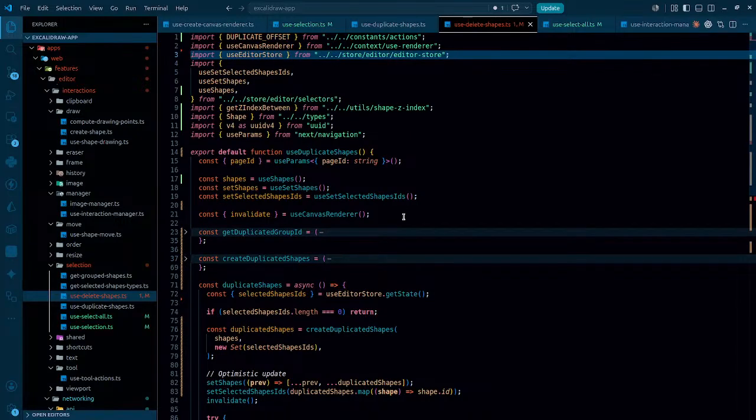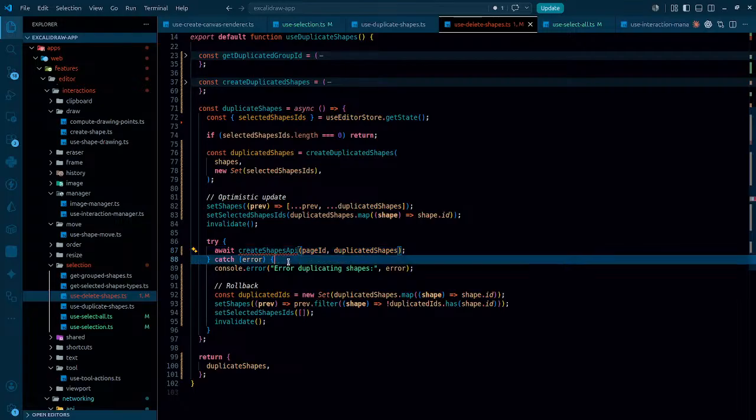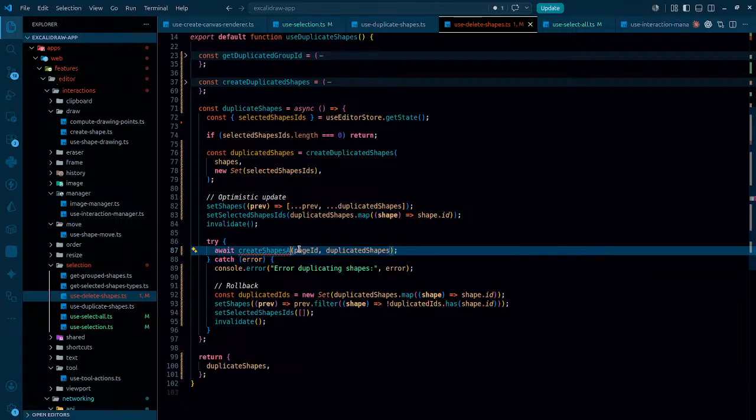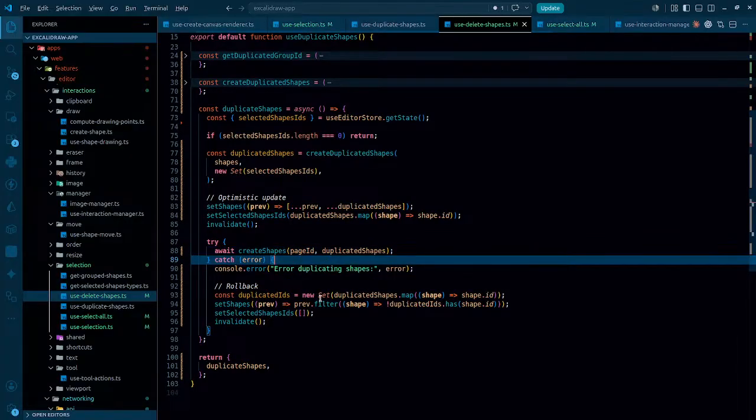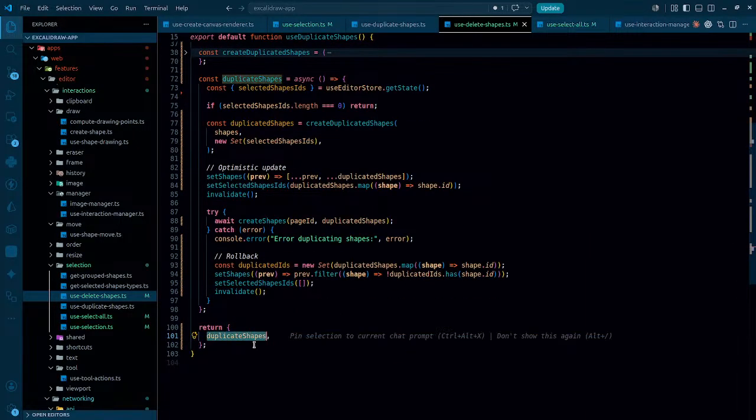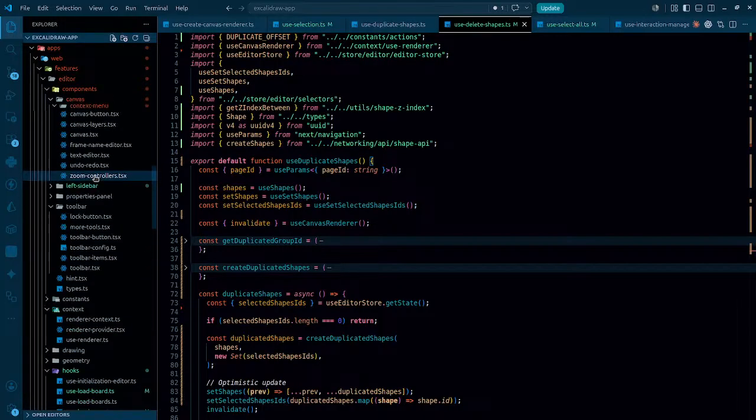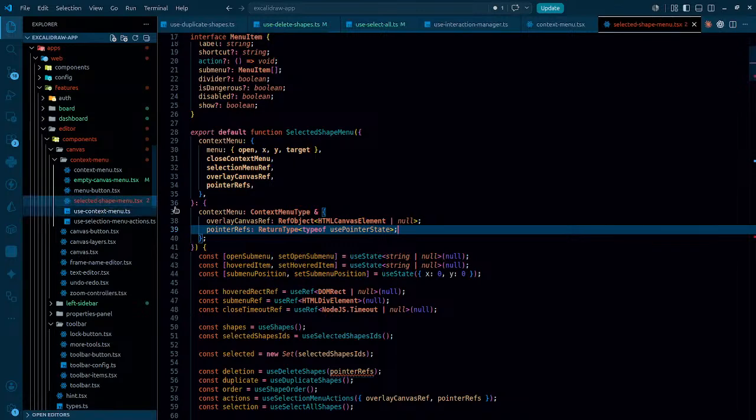It's just that we don't have the proper create shapes API. This should be create shapes only as of right now, and this actually comes from networking. We still have to fix this, but okay, that's fine right now. Now once this particular thing got done, so we are returning duplicate shapes from here. So if I actually go back to selected shapes menu,